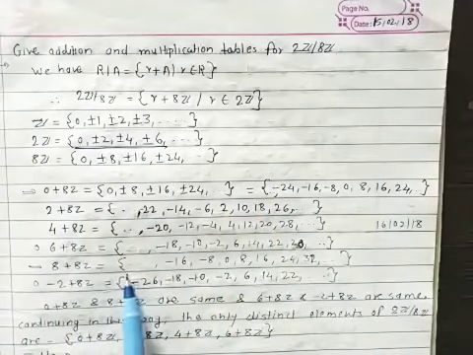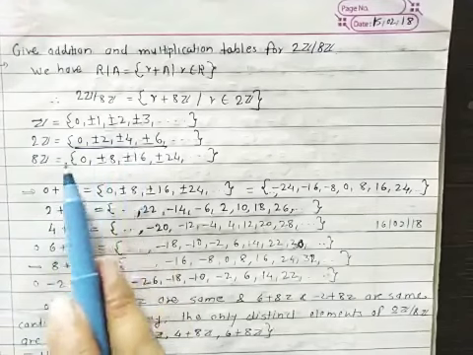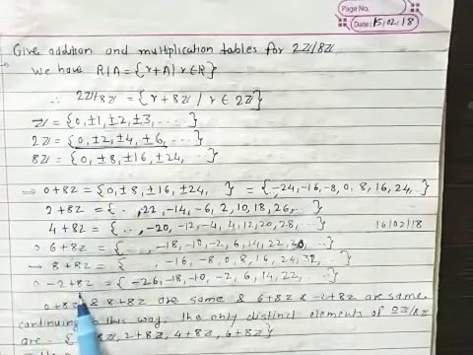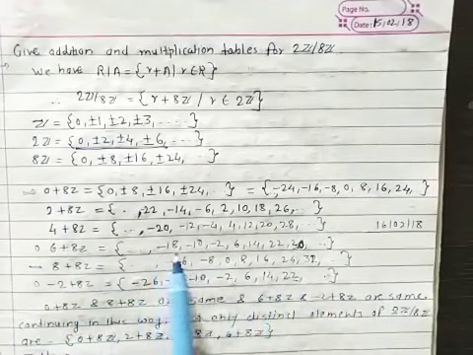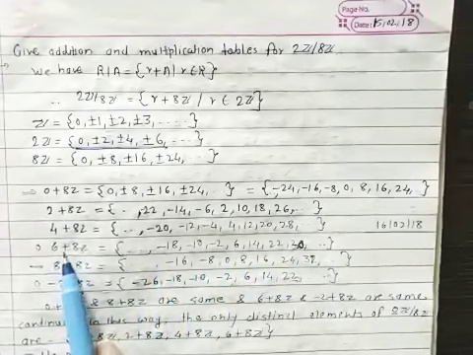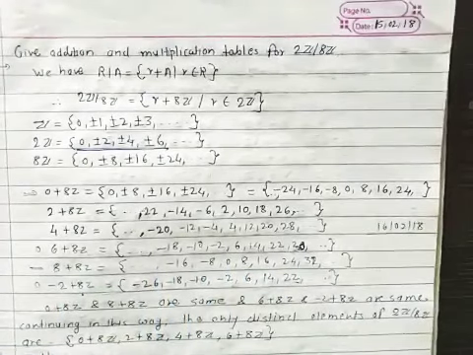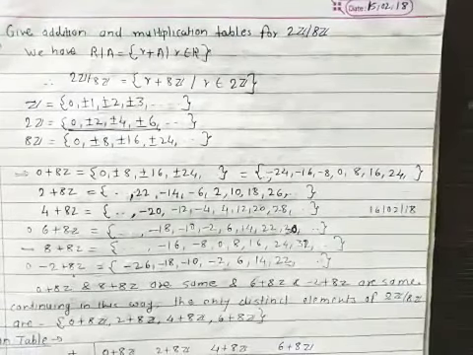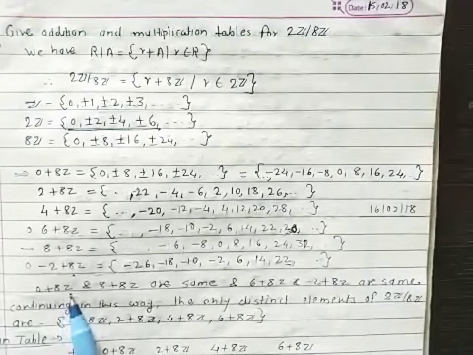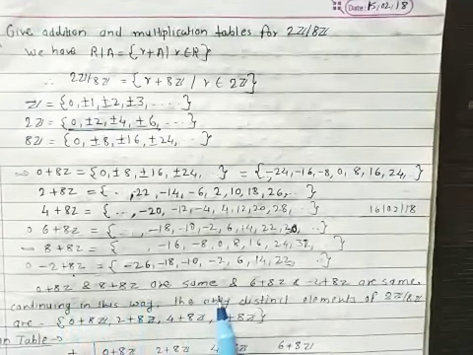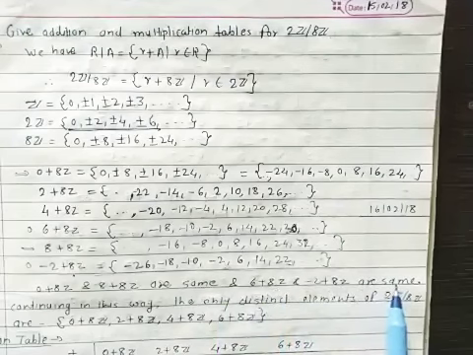After adding the positive terms from 2Z, now let us add negative terms. Let us add minus 2. Minus 2 + 8Z will be this set, and this set is similar to this set, meaning minus 2 + 8Z is the same as 6 + 8Z. So finally, if we calculate all such sets, what do we get? There are only 4 distinct sets. Here we have written that 0 + 8Z and 8 + 8Z are the same. Similarly, 6 + 8Z and minus 2 + 8Z are the same.